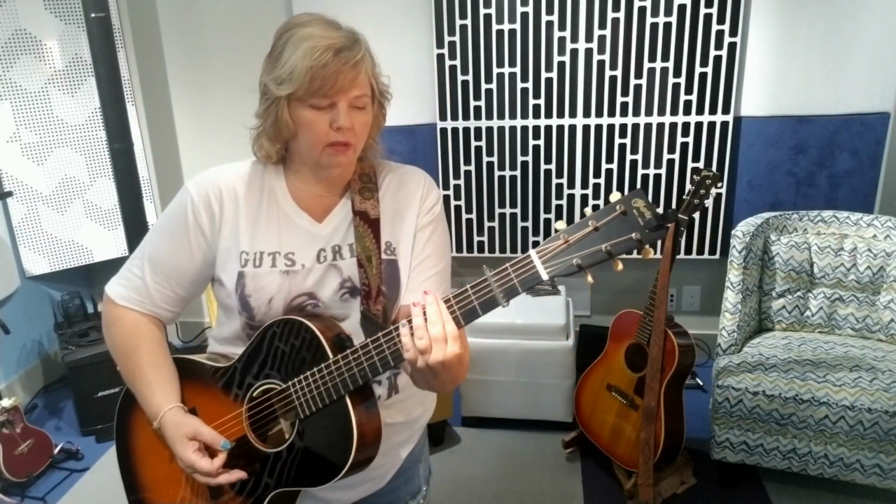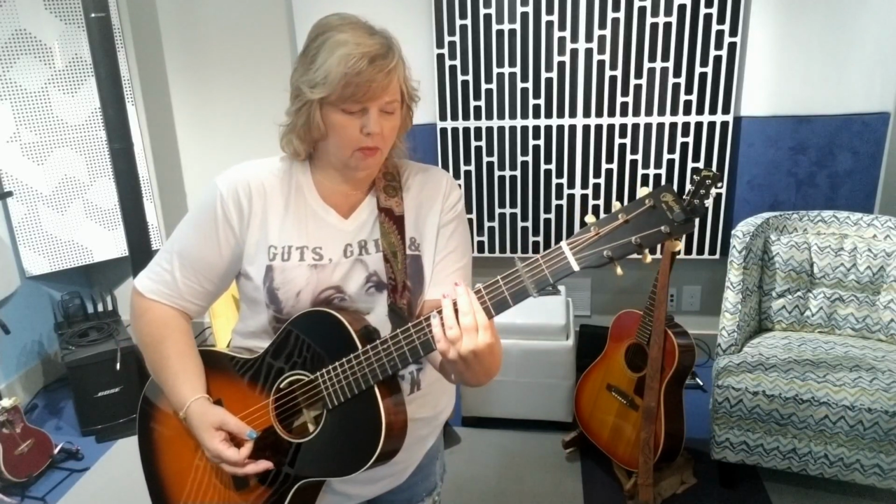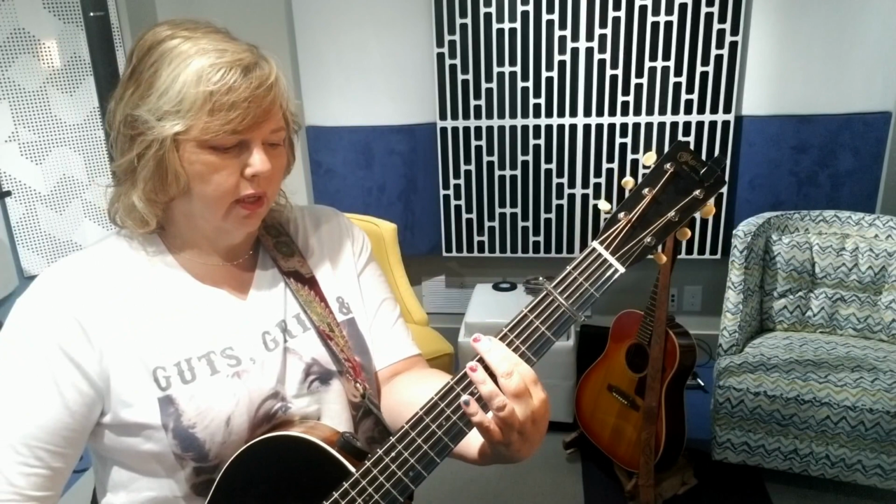So I'm not sure if you're comfortable with bar chords. It's nice to just slide up to the G here on the bar chord, which is basically the 5th fret without the capo on, 3rd fret with the capo on. And then you make an E minor shape with your other hand. And if you're struggling with bar chords, what you can do is take this finger and apply extra pressure to